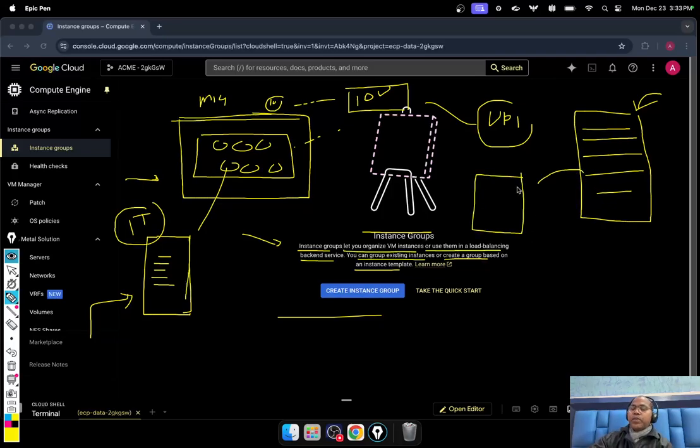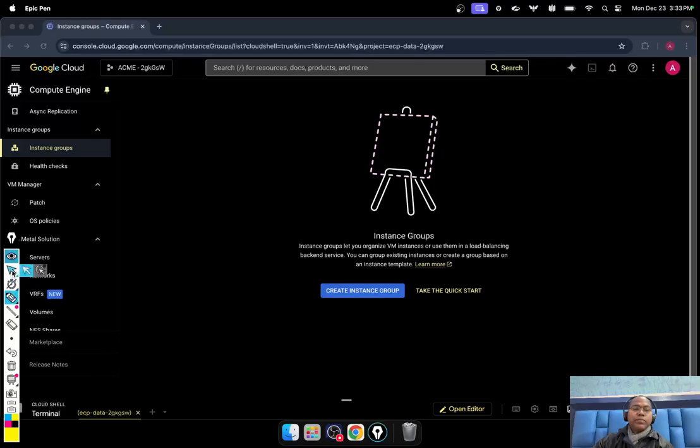First we are going to create one instance template, and then we are going to create a managed instance group. In the managed instance group we are going to say, hey, this is my template, please use this template and create 10 virtual machines for me, and that can be scaled up to 100 or 1000. Everything you can configure here. So let's create our